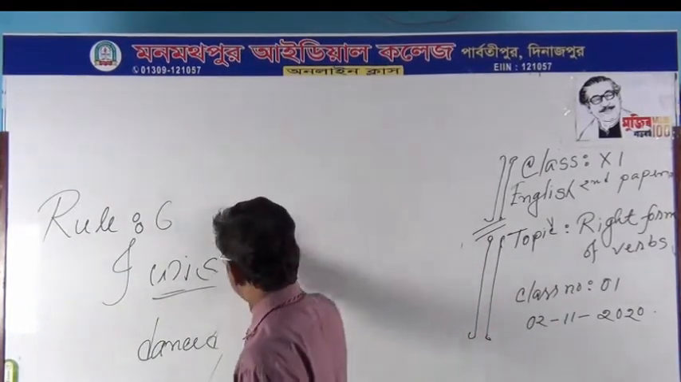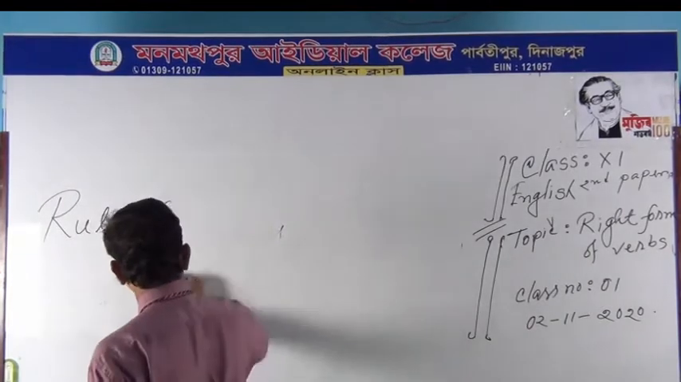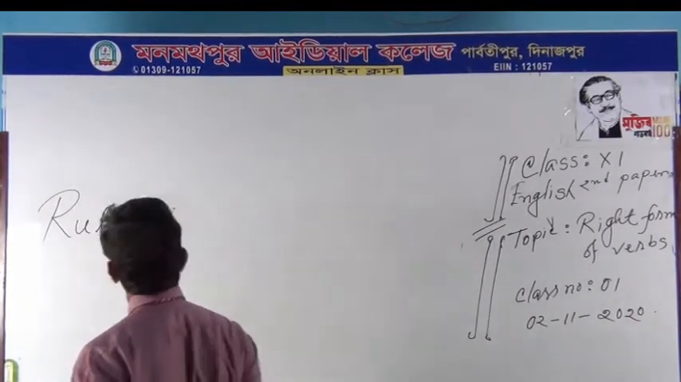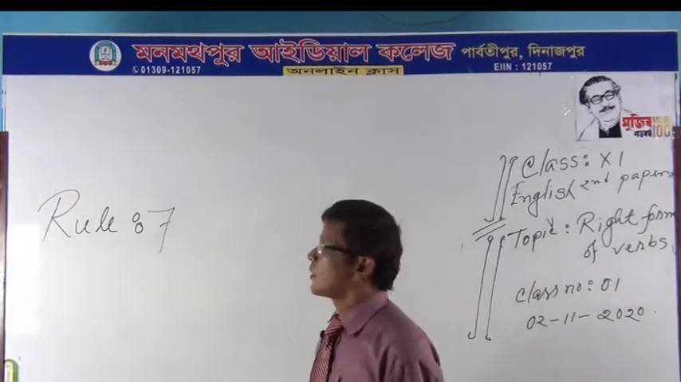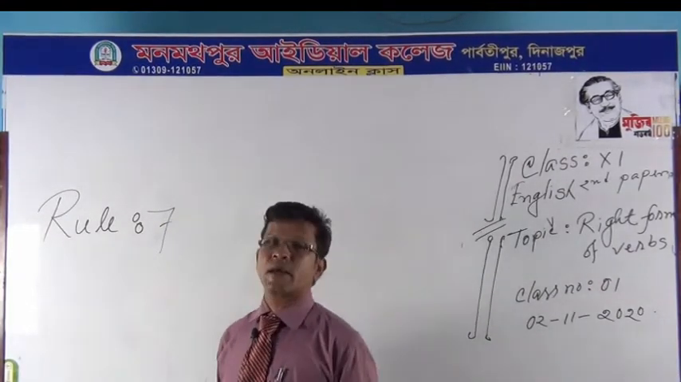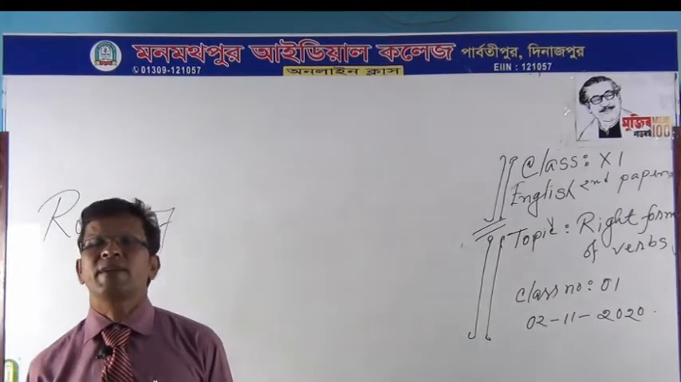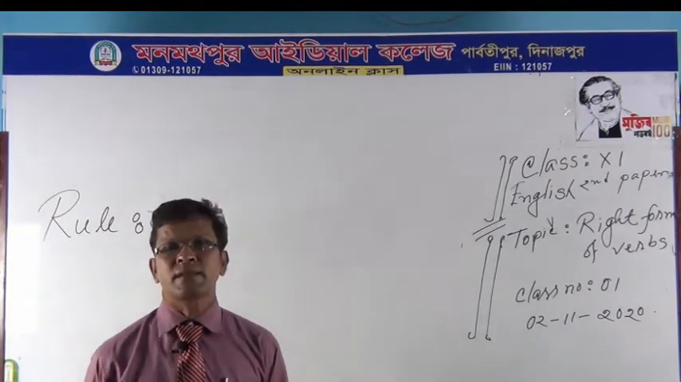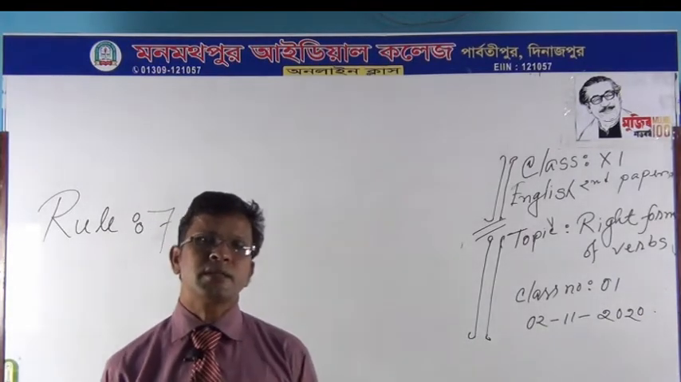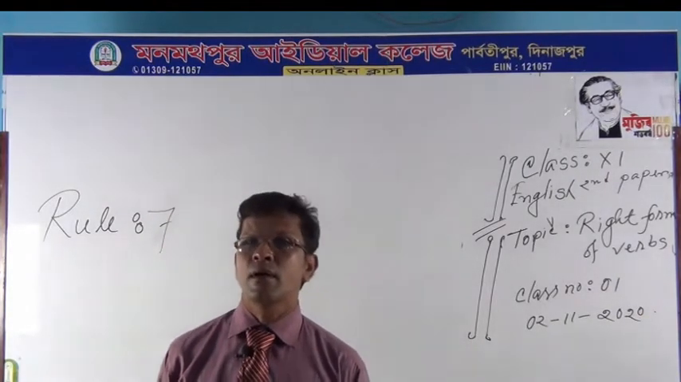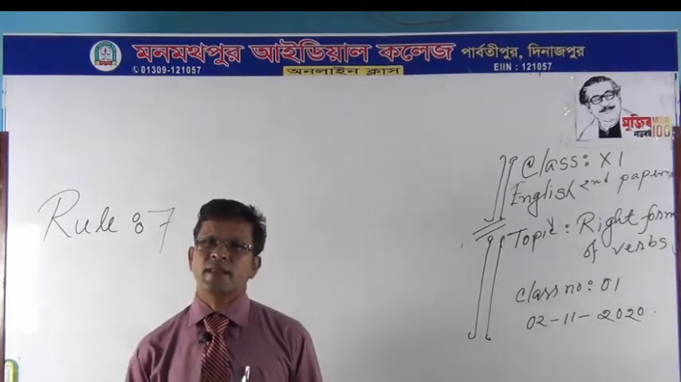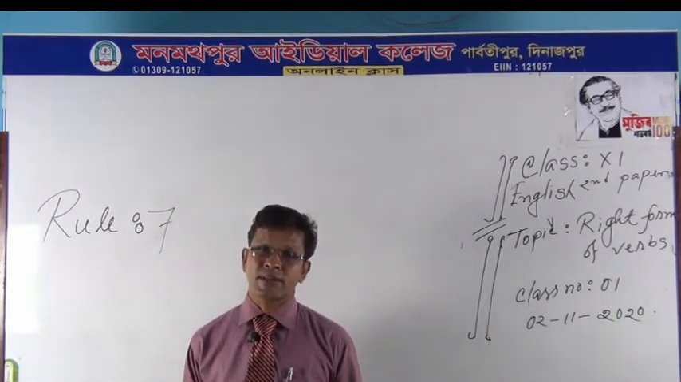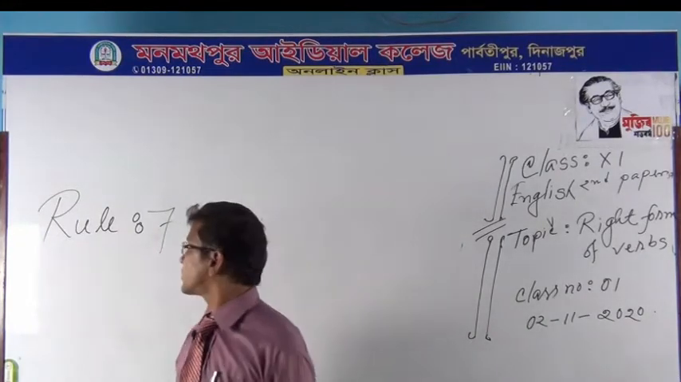Rule number 7. If there is "as if" or "as though" in the middle of a sentence, and if there is present indefinite tense or present perfect tense at the very beginning of the sentence, you will use past indefinite tense in the latter part, or second part, of that sentence. Have you understood? For example,